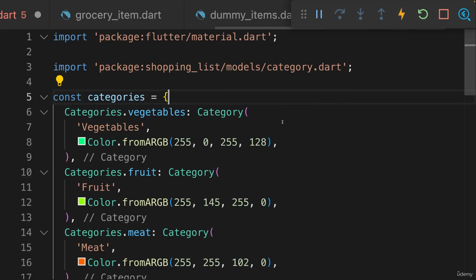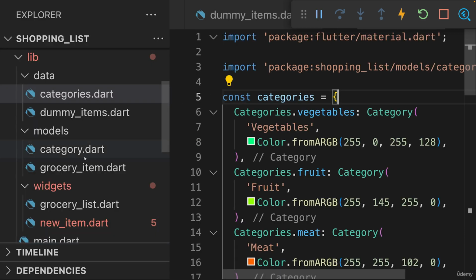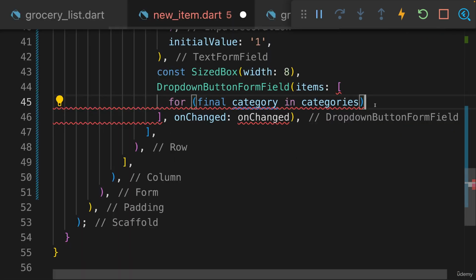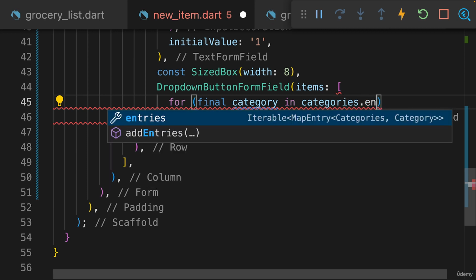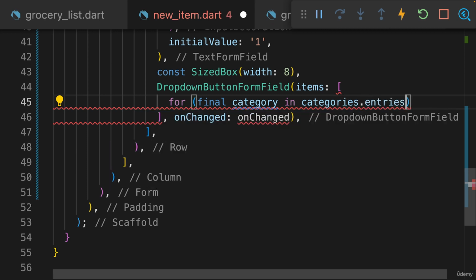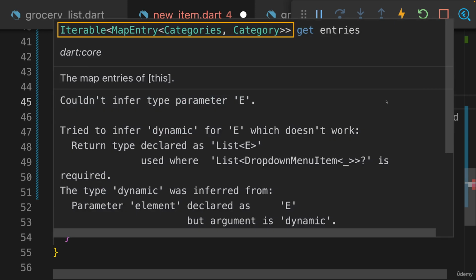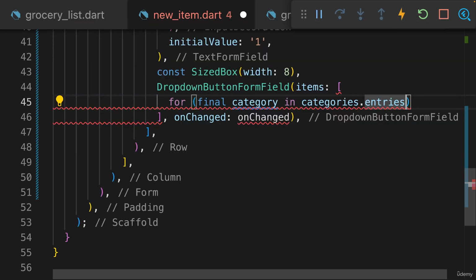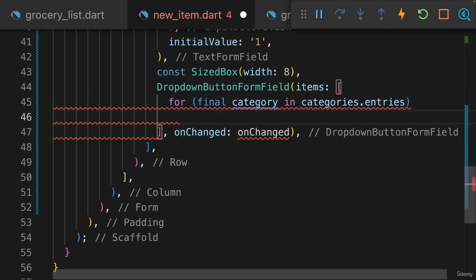Instead, categories, if you take a look at it, is actually a map, not a list. And we can't loop through a map like this. Thankfully, it's quite easy to convert it to a list though, by using the special entries property that is available on all Dart maps. So this is a property provided by Dart on every map, and entries gives you an iterable, which in the end contains all your map key value pairs as items in that iterable, so in that list in the end. So here we can loop through all our category entries then, and we get these entry